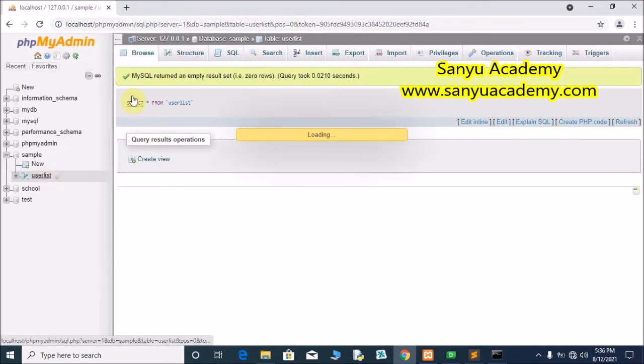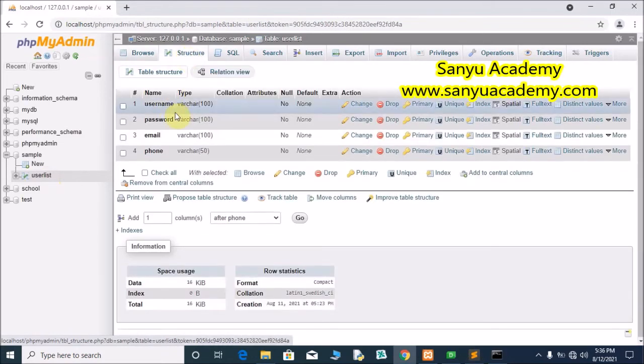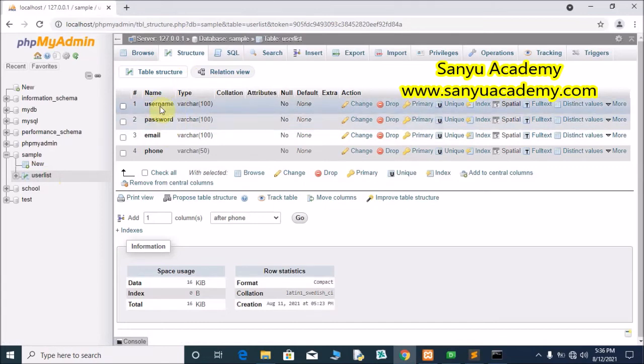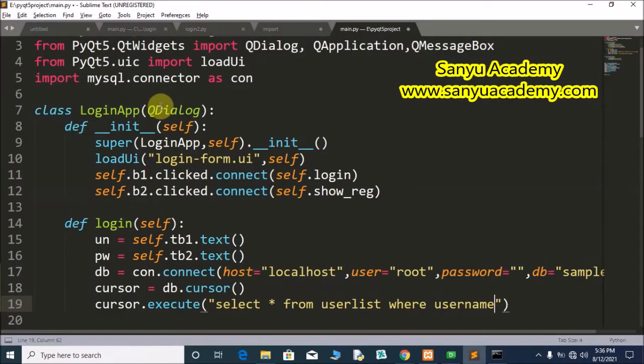User list, go to structure, the first field is username and second field is password. We are going to use these two fields to check the username and password.